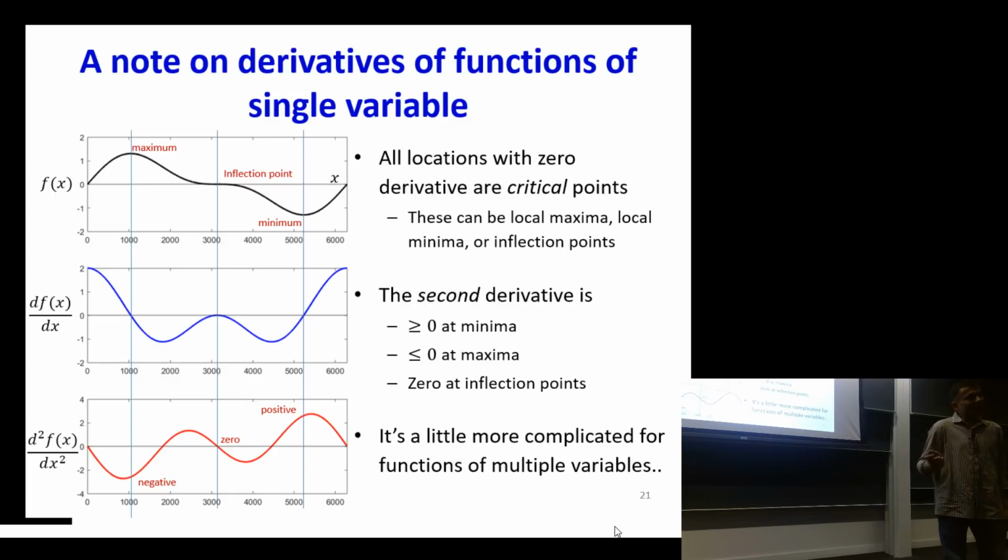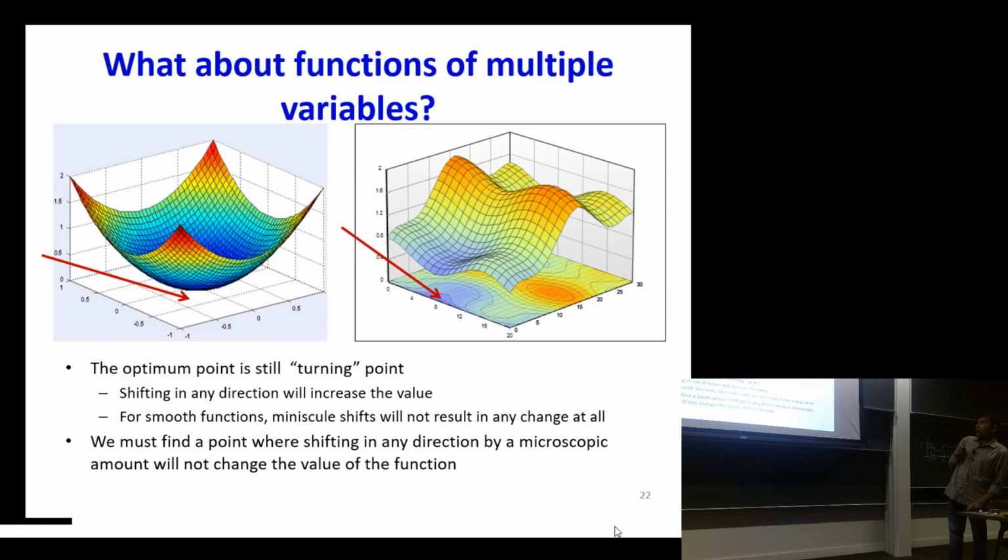Right? That's the reason. At an inflection point the derivative is guaranteed to be 0, but if the function goes like so and then flattens out, what's going to happen there? Right? So now, what about functions of